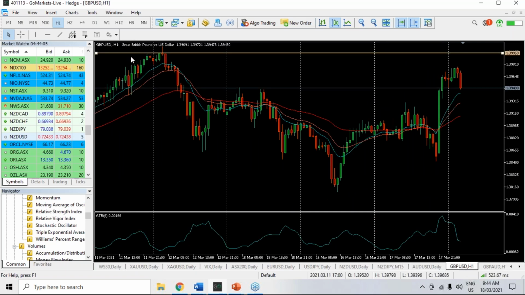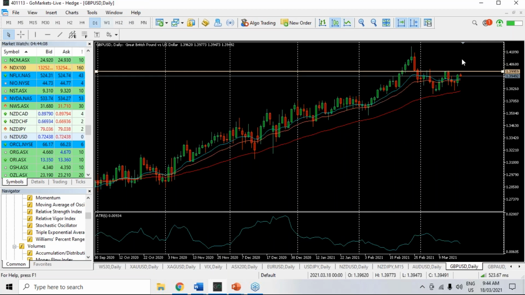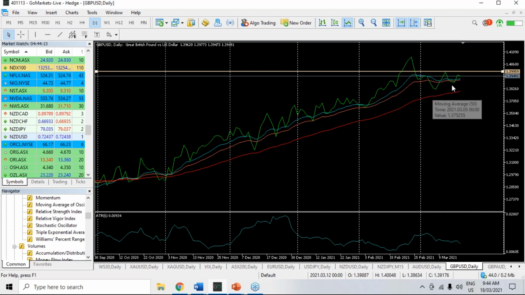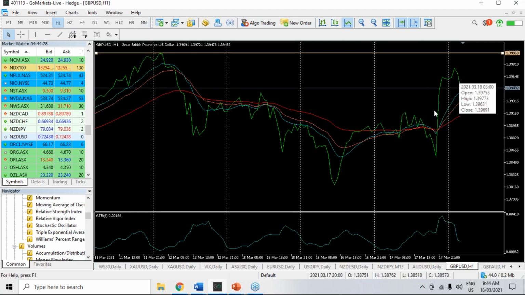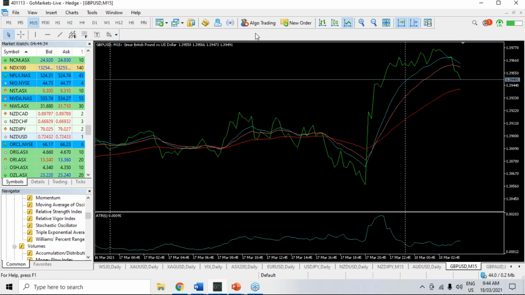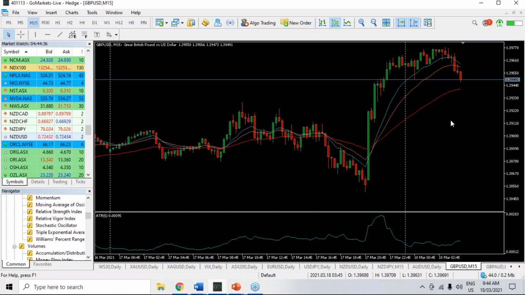We didn't mention the GB pound USD, but there you go, again same story. We've got a nice line in the sand again. If we put this on a chart, it's more like a reverse head and shoulders type pattern. There's a shoulder, there's a head, there's a shoulder. And so we're looking at 139, or let's say 140 on this as our key level to get interested. So if we put it on here, we can see that there's that big move up overnight on the short-term chart, and we're looking as though there's just a little bit of a coming off of this. Maybe that's because of that USD just slightly pushing higher than it was in early Asia.